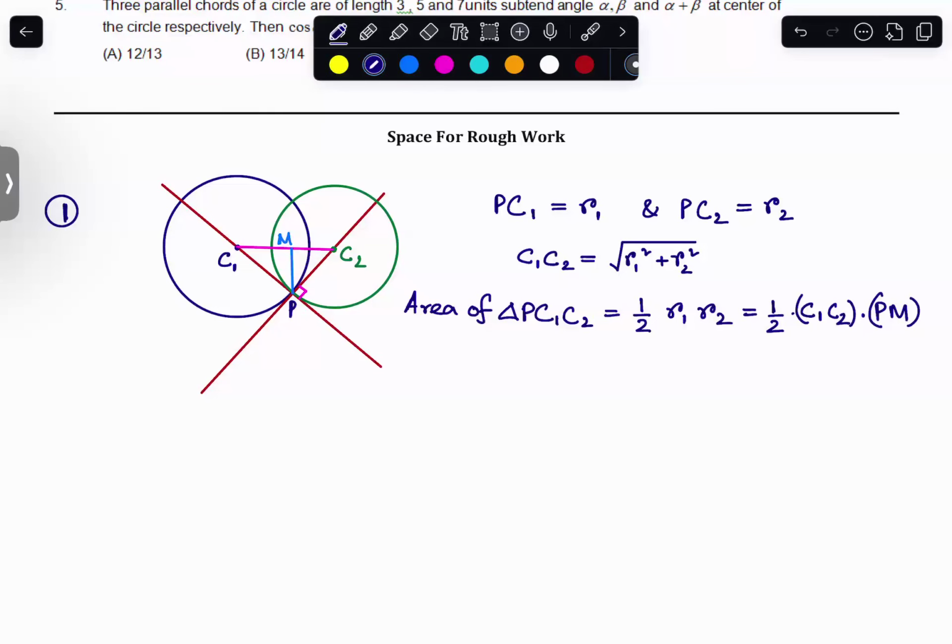So if we consider PC1 and PC2 being two sides at right angles, then the area can be written as half into R1 into R2. That's half into base into perpendicular. Whereas when we are considering C1, C2 being the base, then PM is the height. And if you look into the diagram, PM must be the half of the common chord, right? We know that PQ, if it has been considered PQ,